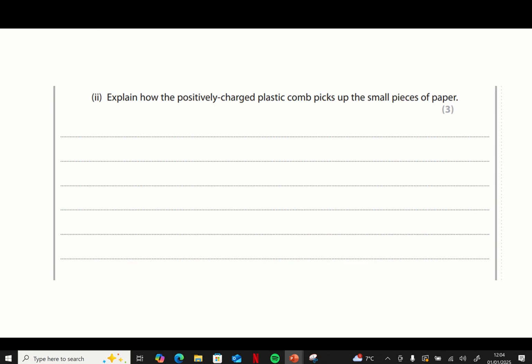That's that question. It says, explain how the positively charged comb picks up small pieces of paper. So this is now this idea of charging by induction. And I taught you this in terms of, imagine I've got a wall with an equal number of positives and negatives in it, and I bring a negatively charged balloon. As I bring that balloon back, I can't move positives, I can't move the protons in the middle of the nuclei, but the electrons will repel backwards,